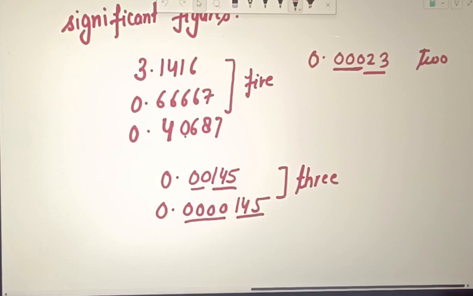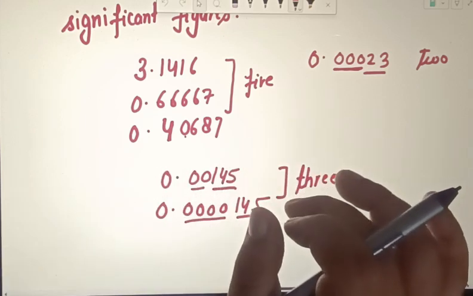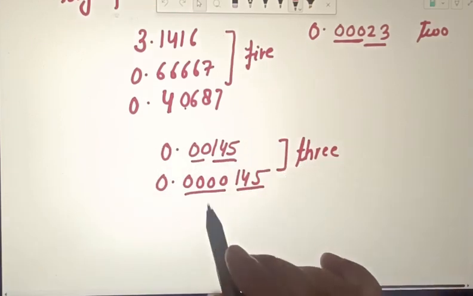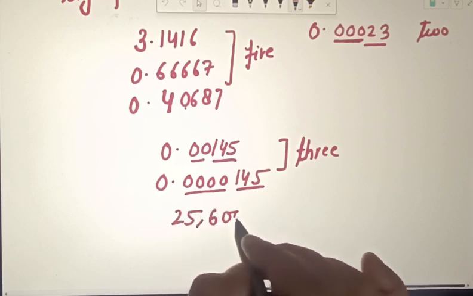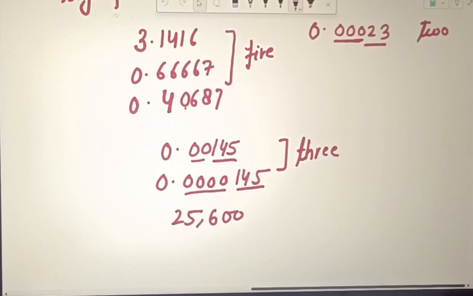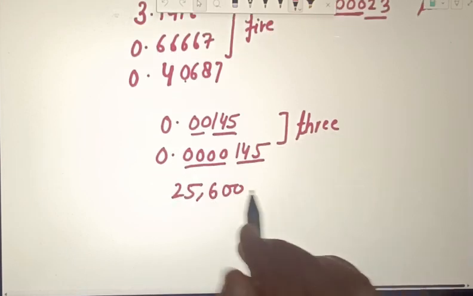Now on the other hand, if we talk about 25600, if we talk about this number, the number of significant figures is uncertain, okay. The number of significant figures is uncertain, whereas the number